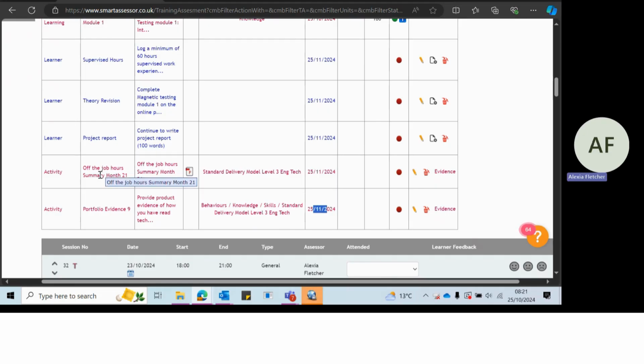You will notice there are 2 activities. One is off the job and one is portfolio of evidence. There may be several activities ongoing throughout the duration of the apprenticeship, and these can vary from each month. An activity is where we want the learner to showcase their evidence. So rather than the learner just doing, they must do